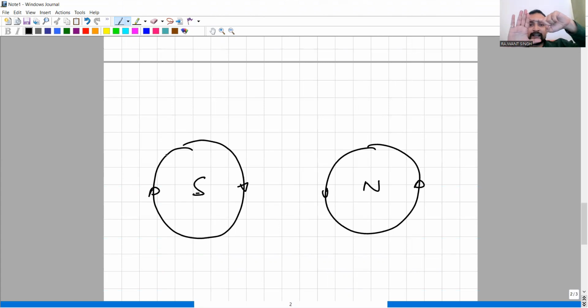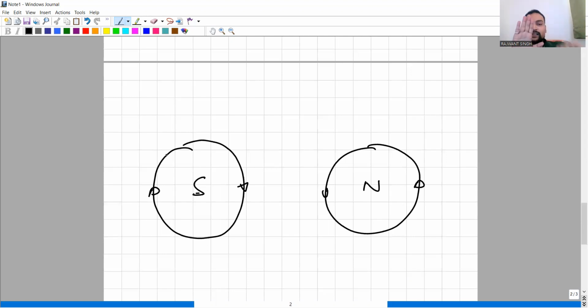In the previous right hand rule, when we were only finding for a line wire, this was your current and this was your magnetic field. Now this will become the magnetic field. Thumb will become the direction of the magnetic field. That means the direction of the north, specifically the direction of the north,